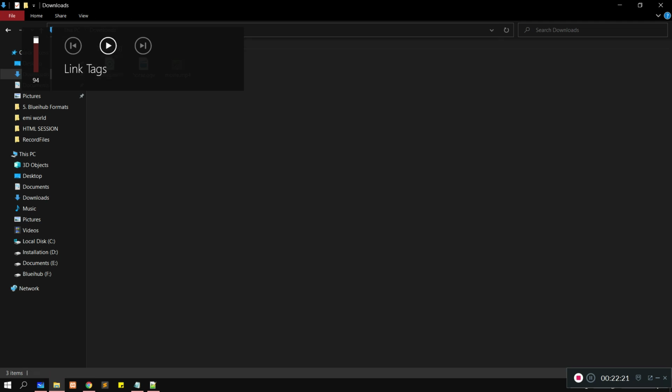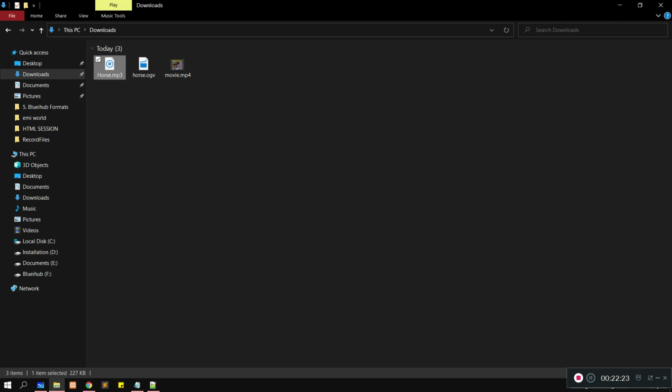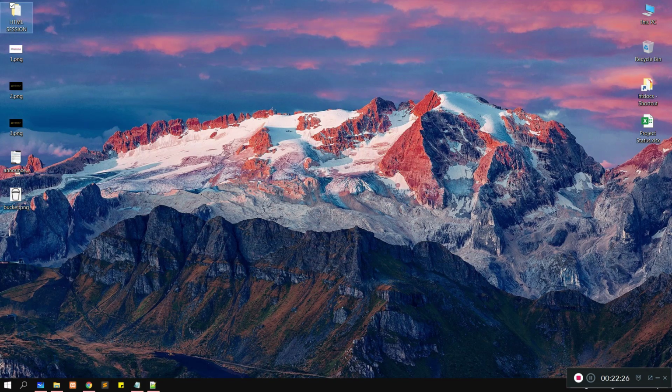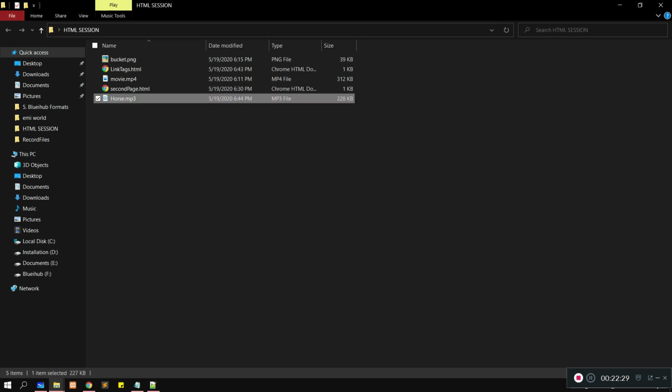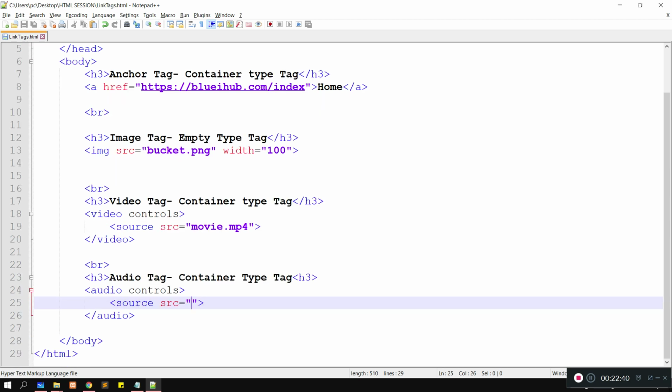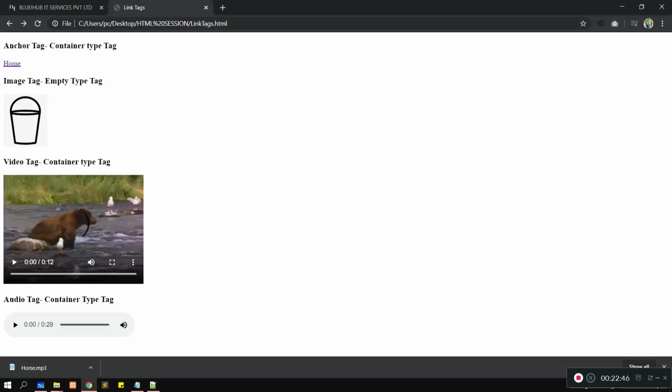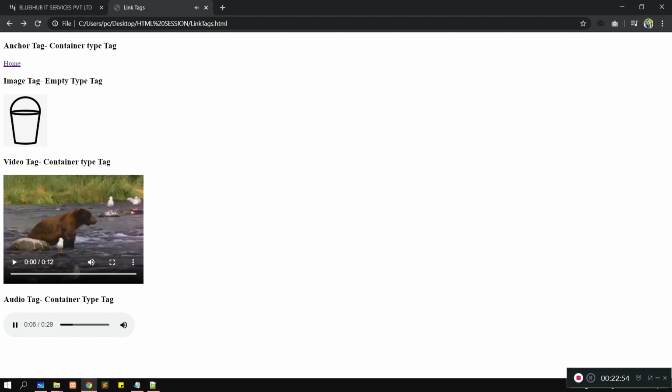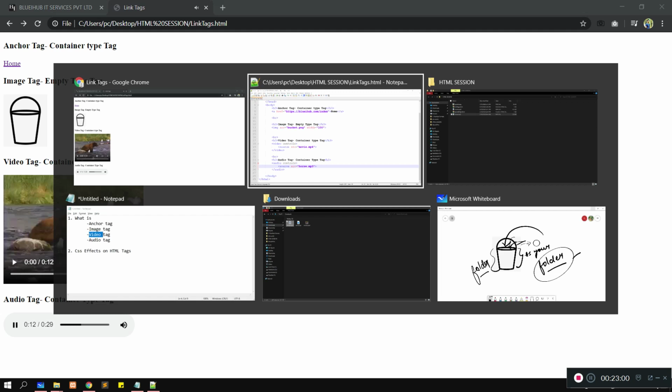I don't know what is happening here. Let me copy and paste it into our folder, and let me rename this host.mp3. Now coming to our audio tag, just paste it. If you refresh the page, here you got it. It's playing, but I think I have a mic connected, so you can try all this.